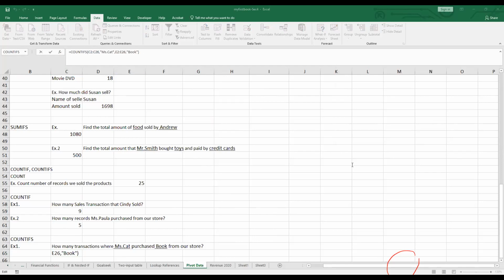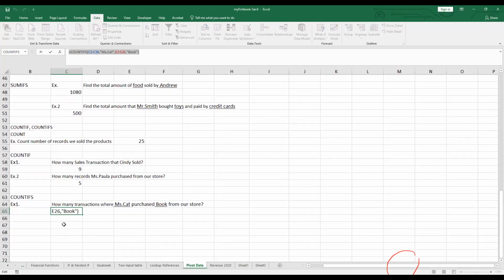This is the COUNTIFS that I use to find the number of records or sales that you choose in the range. So for COUNTIFS in this first example, do you have any questions? If you don't have any question,